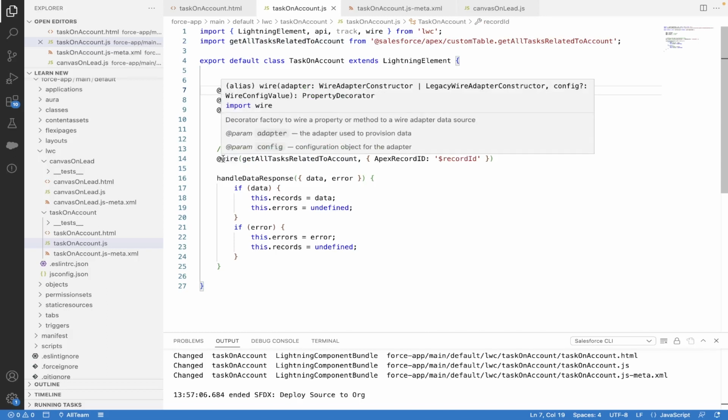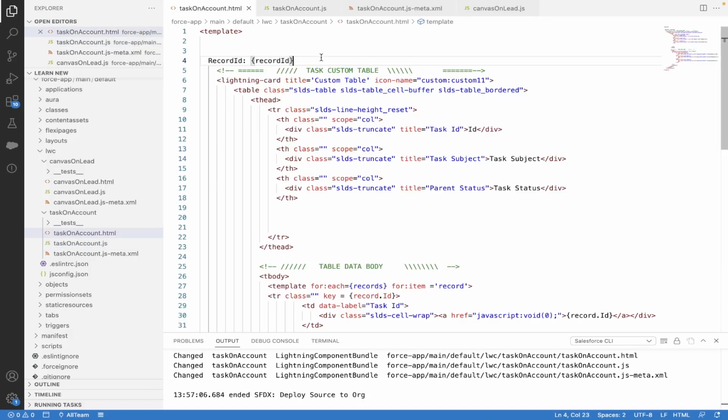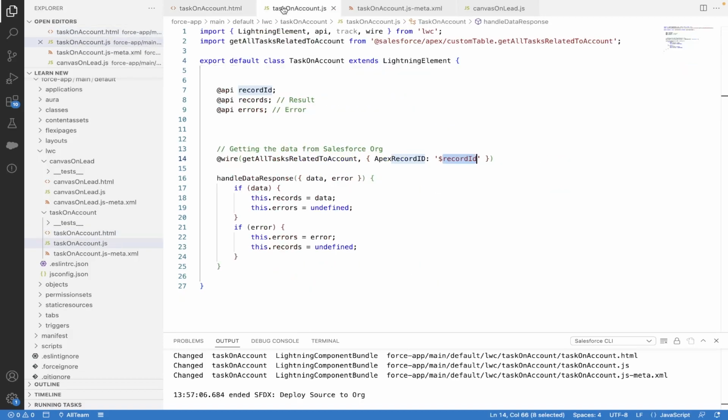That's easy, and here you can pass the apexRecordId. I'm using apexRecordId, so with apexRecordId I'm passing recordId. That's what we were using in HTML also. So we are passing that recordId to apexRecordId, and now we can retrieve that record ID in